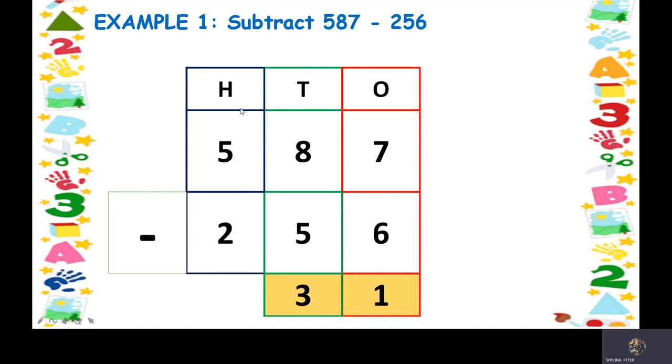Let's go to hundreds column now. So bigger number is 5 and smaller number is 2. Let's count from smaller number till bigger number on our fingers. So I'll get 3, 4, 5. So I got 3 fingers. And the answer will be 331. So this is our final answer.